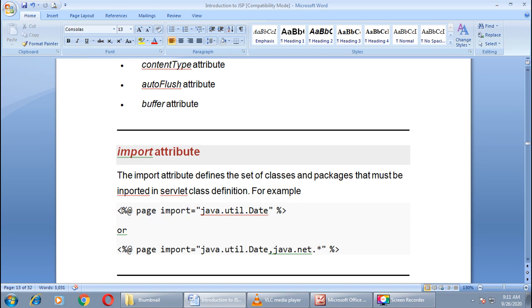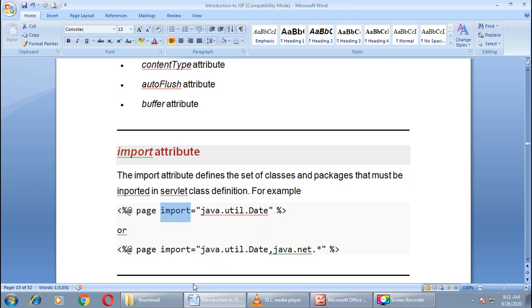In HTML we always write like this, for example, the HTML tag begins, then input, then type equals text. In a similar way, here you can write the scriptlet tag, then @ symbol, then page is the name of the directive, or we can say the name of the tag, then import is the property or attribute you want to set. Import equals java.util.Date. Like this you can import a util package in your JSP page.